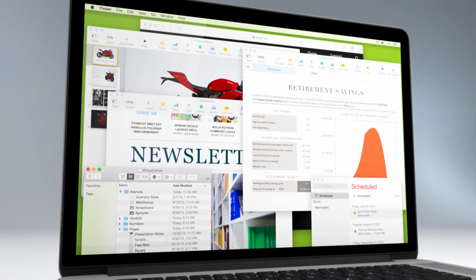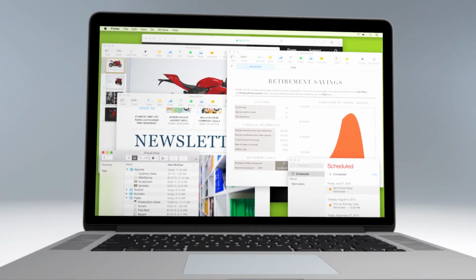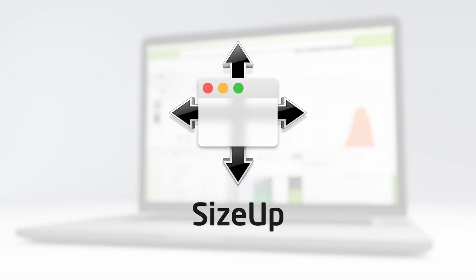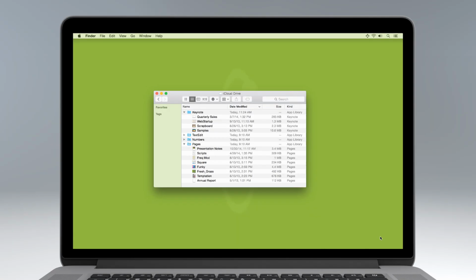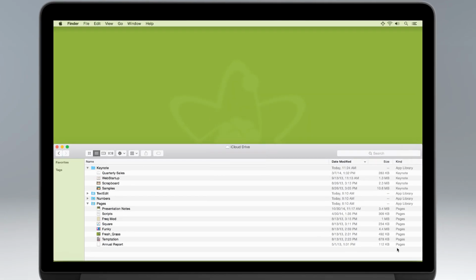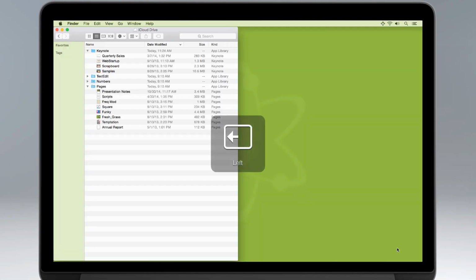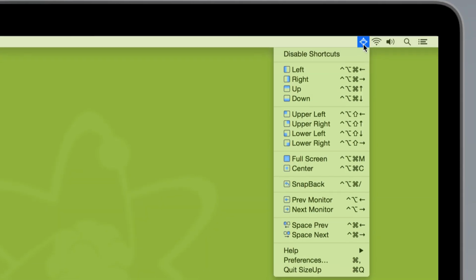When you're using multiple windows on your Mac, it can be difficult and cumbersome to manage. Now there's SizeUp, the perfect space management solution for all those messy windows. SizeUp allows you to quickly resize and position your windows with simple keyboard shortcuts, or by using a handy menu